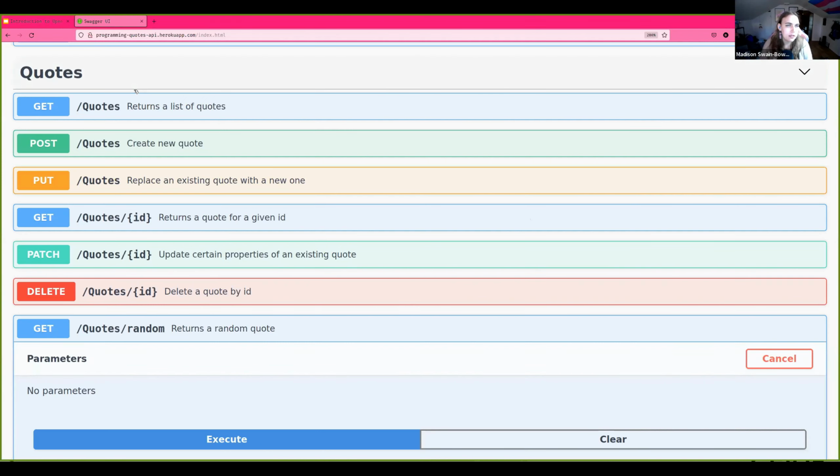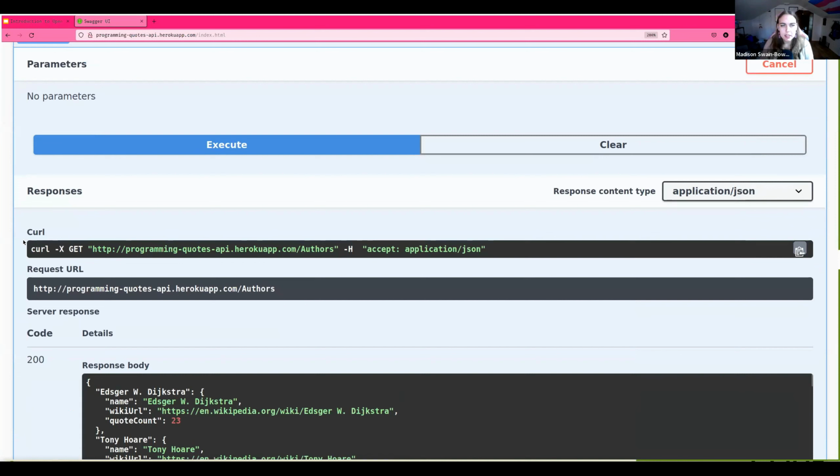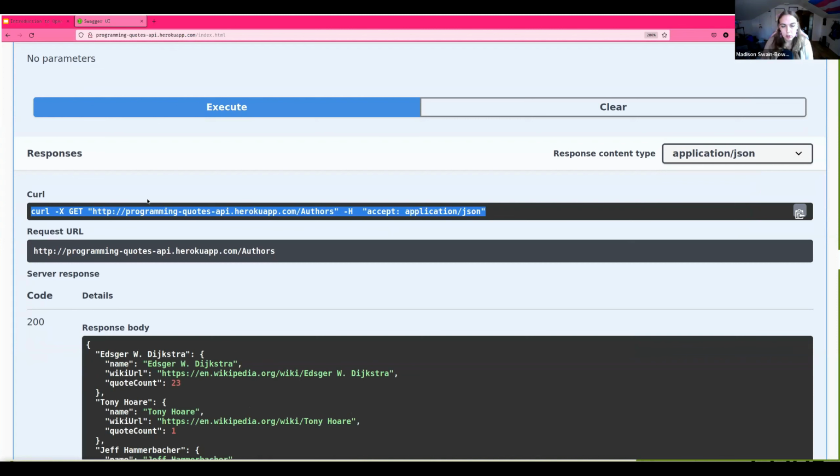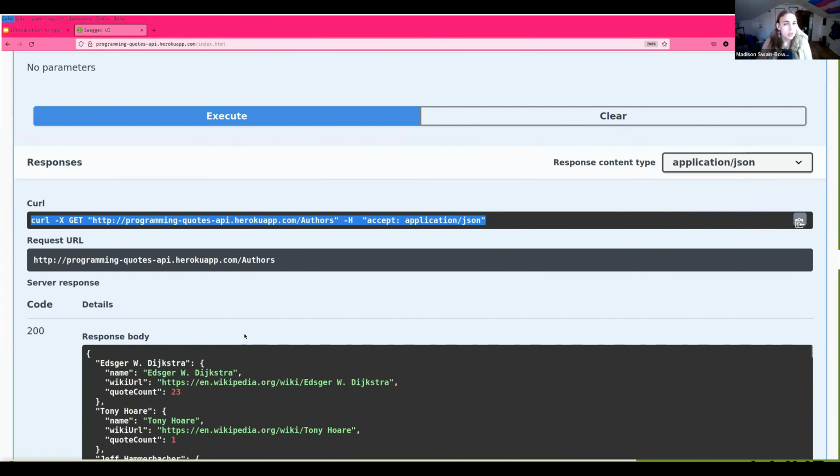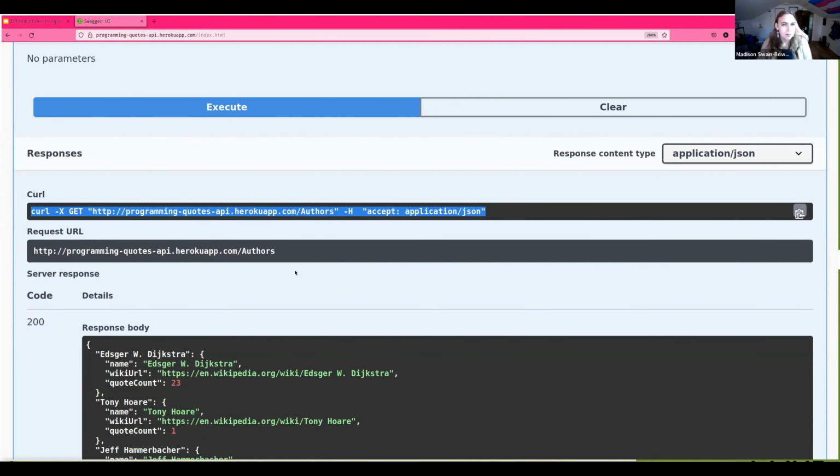It's up here. So this is just a command line. Curl is a command line program, and this would be the command that we would run in order to get this result in the terminal. I'll show that a little bit later too. We can jump back to that.